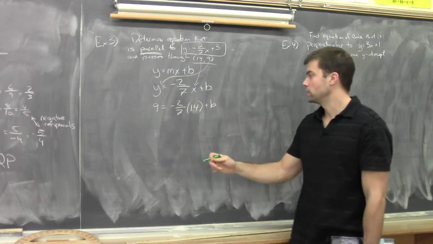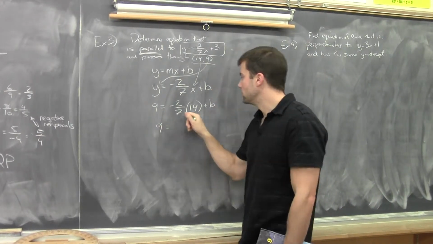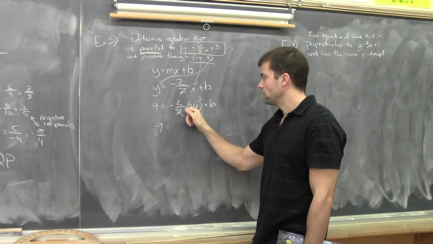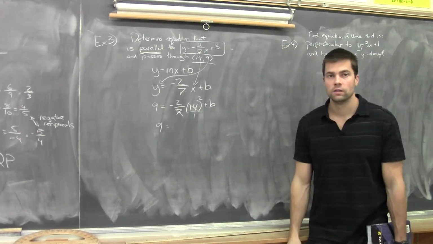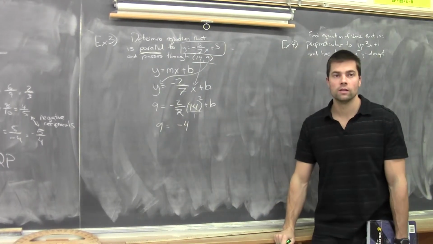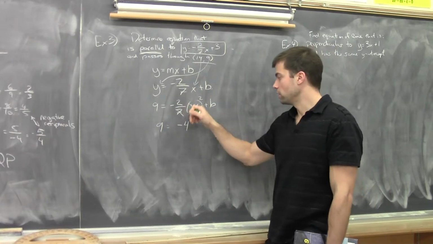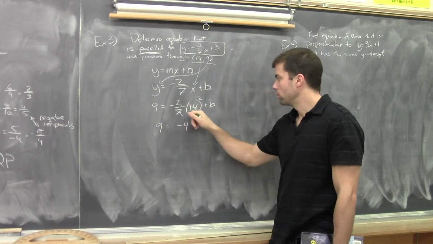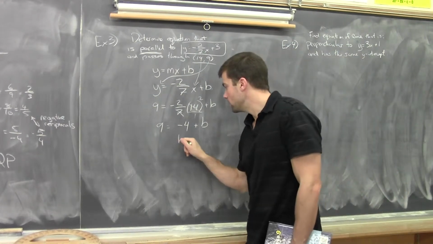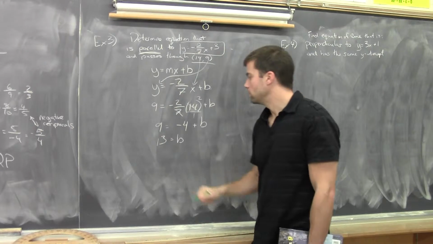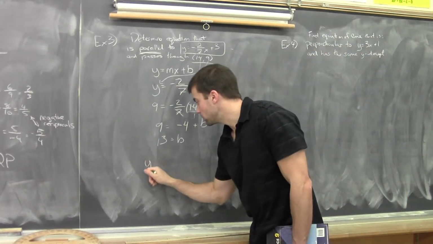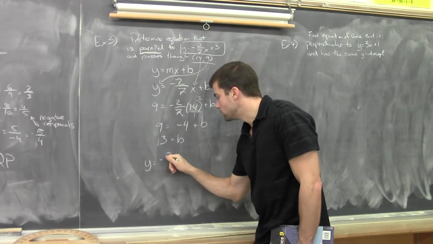Alright, we've done this in previous sections, right? So we have 9 is equal to 14 goes into 7 twice, so I'm left with 2 on the numerator. Everybody can see that? So this becomes negative 4. Everyone's okay with that? If not, you can always use your calculator and get that same answer, but you should be familiar by now how to make those divisions. So then we have b is equal to 13. So b is 13. Remember, I go back. This is from yesterday. My final equation is